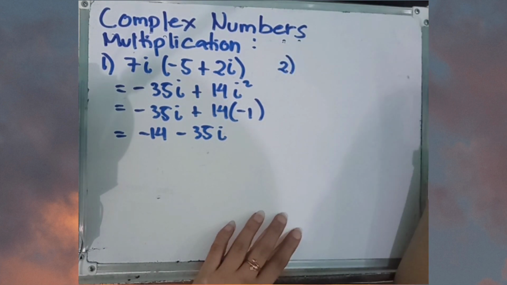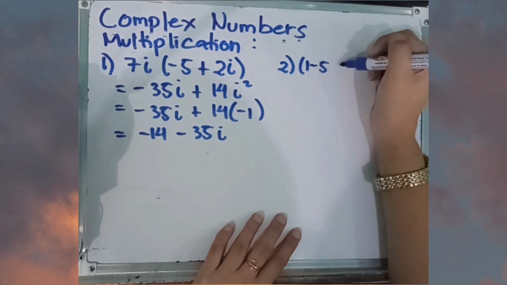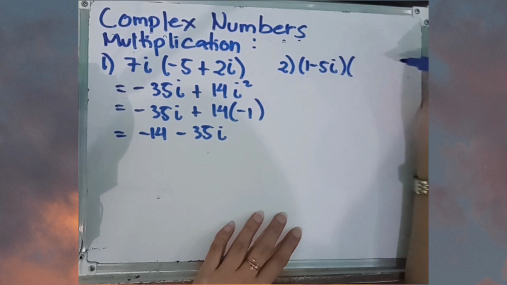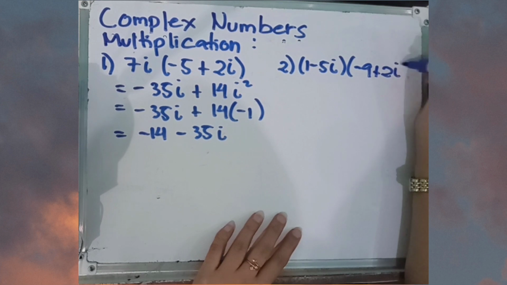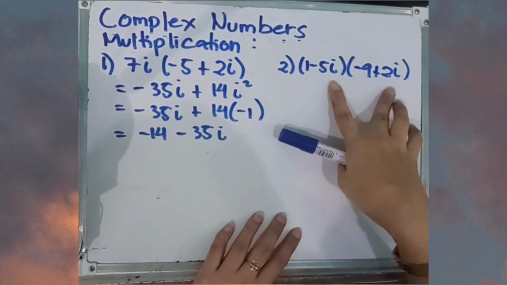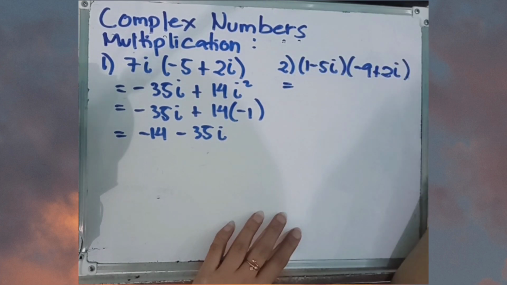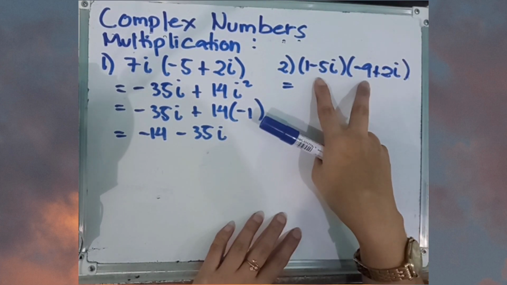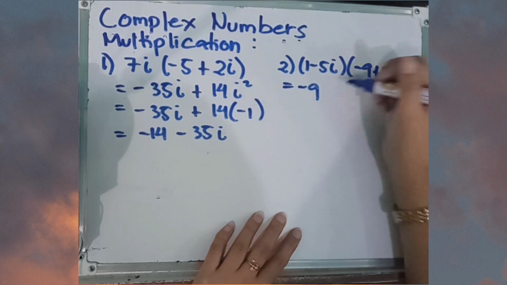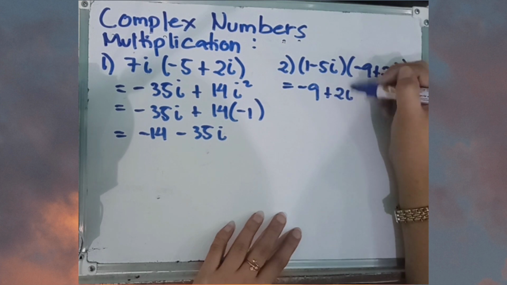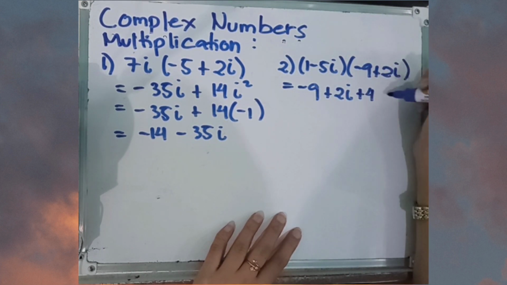Number 2, we have 1 minus 5i times the quantity of 9 plus 2i. So in this case, since both quantities are composed of binomials, we can apply the FOIL method. So first, that's 9, outer, that's 2i, inner, that's positive 45,